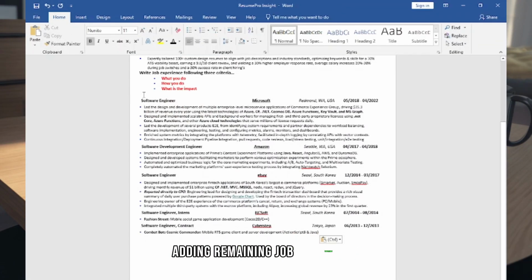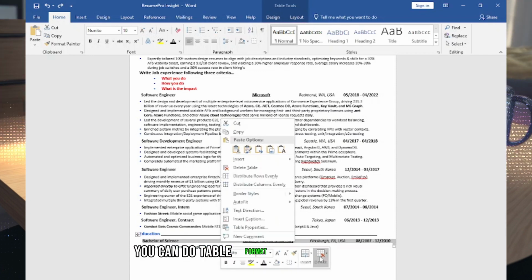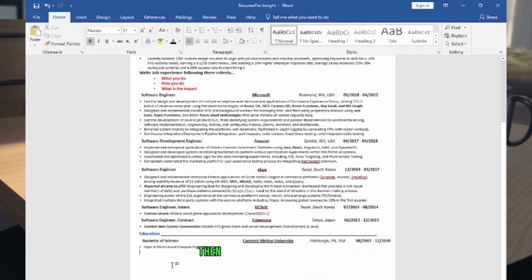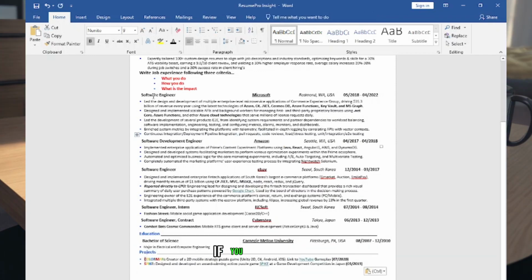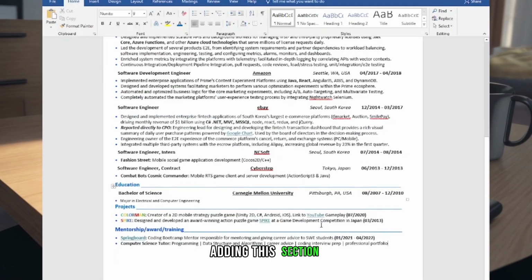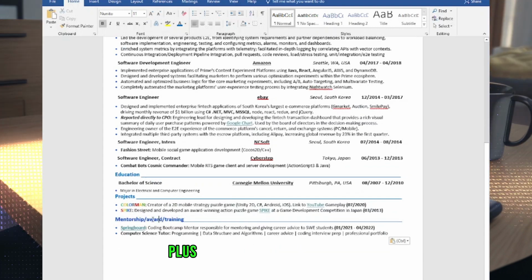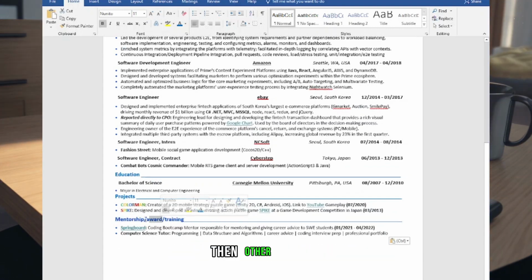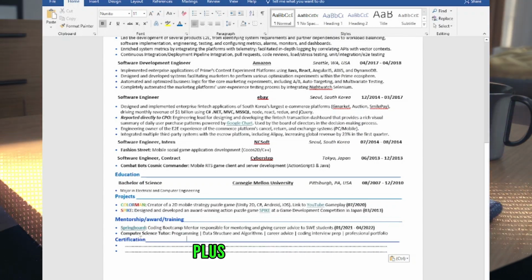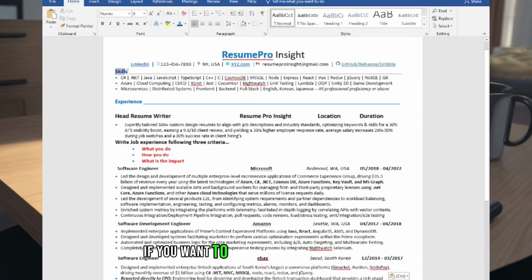Adding remaining job experience. Then adding the education section. You can do table format or remove the table, then add the project. If you add a project, color it like this to make it more unique. Adding this section, you add it like this. If you have experience plus, looking for a leadership role, then other sections, like awards, etc. Then certification, plus interlink the topic you want to check for validity. Then adjust. If you want to adjust something,